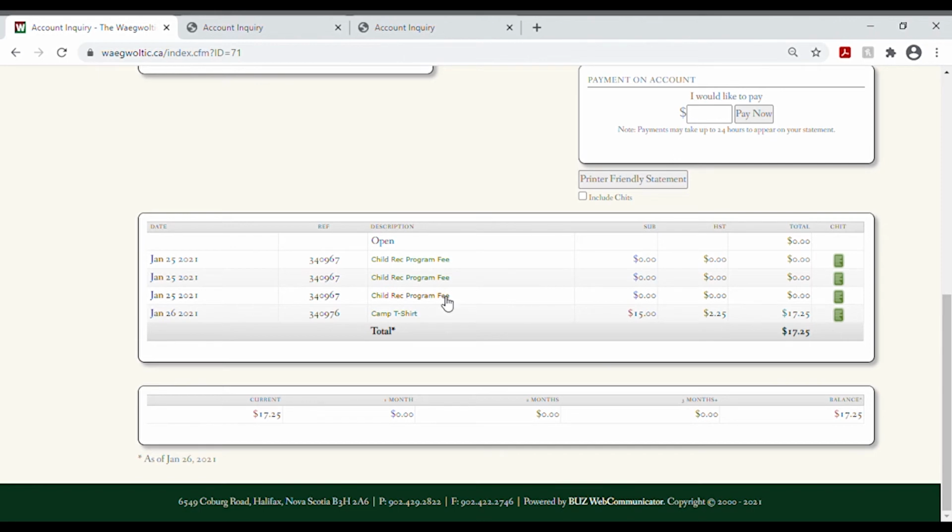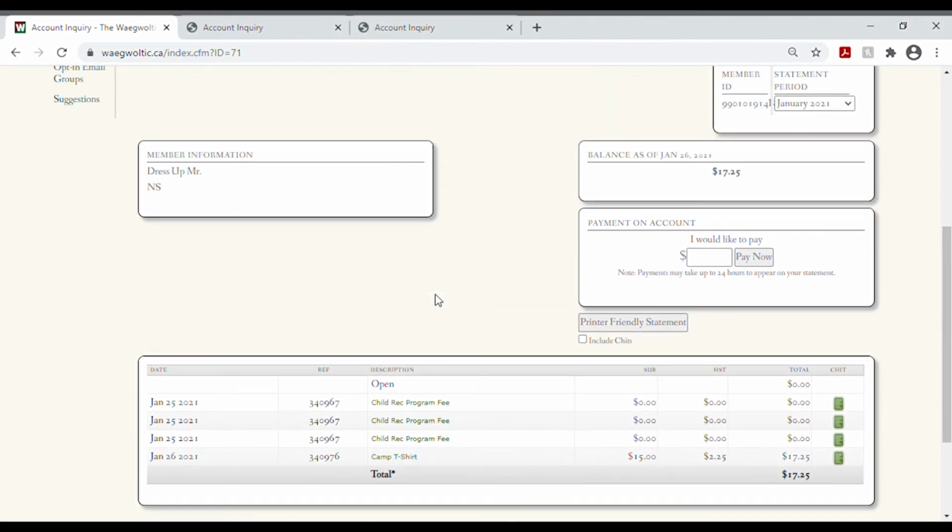We do bill on the 15th of every month, and if you are using Member Swipe, it's important that you're regularly viewing these statements to ensure there aren't any charges that you dispute. So maybe something you see that you didn't feel you bought in the dining room, or maybe the kids have just bought 10 freezies and you don't want them to be doing that on a regular basis. So it's important that if you are using the Member Swipe system at the club, which we are all moving towards in 2022, that you are reviewing this regularly when your card is active and you are down on the